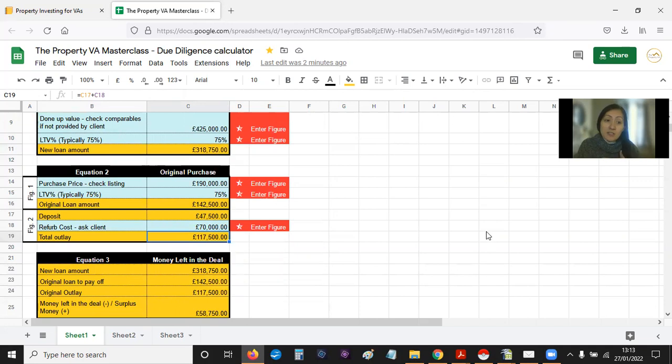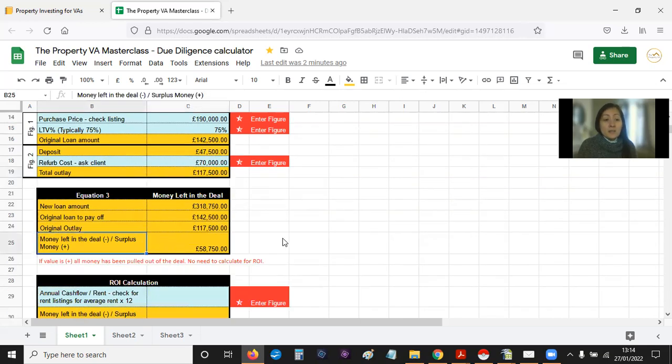Compare that with the original outlay, how much you bought the property for, what you needed to spend. So original outlay, total outlay is 117. Money left in the deal is a simple arithmetic calculation: the new loan amount, less the original loan to pay off because you're remortgaging, and then your original outlay, okay? So money left in the deal is